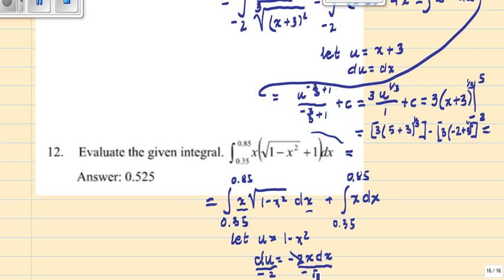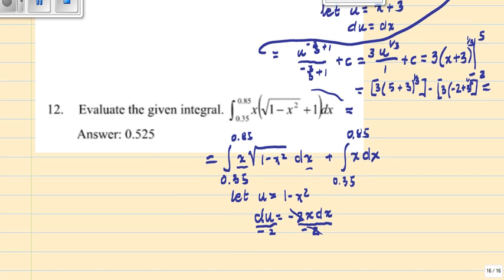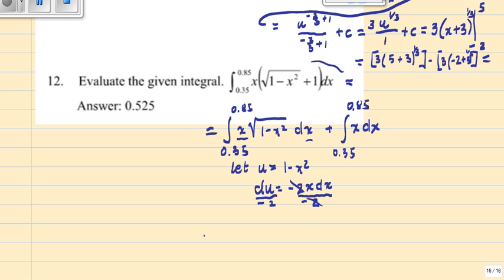So minus 2 and minus 2 cancels, and that becomes an indefinite integral, because we're changing the variable. And so x dx is square root of u, and x dx is equal to minus du over 2. And the second integral we integrate right away, so it's x squared over 2,